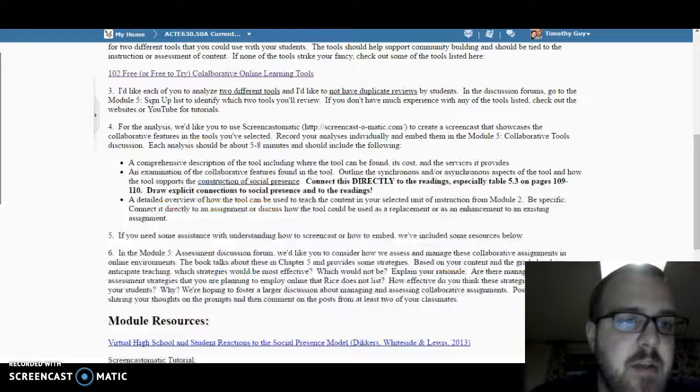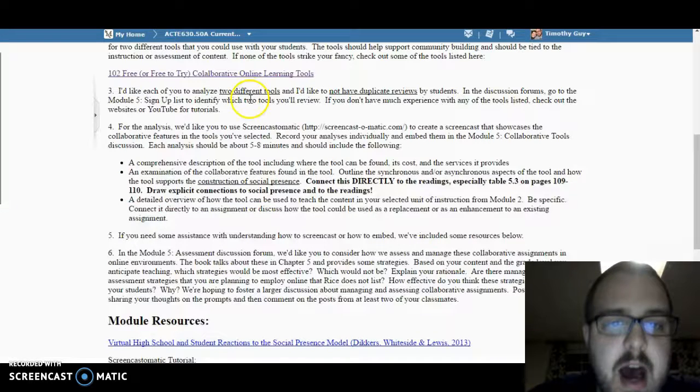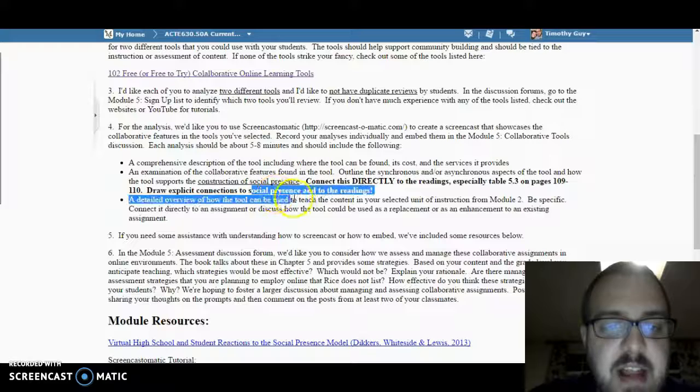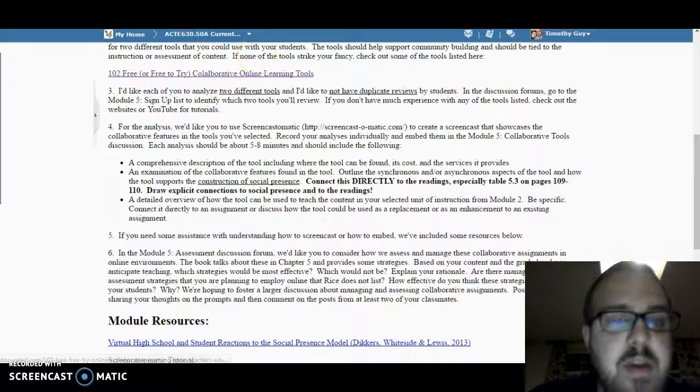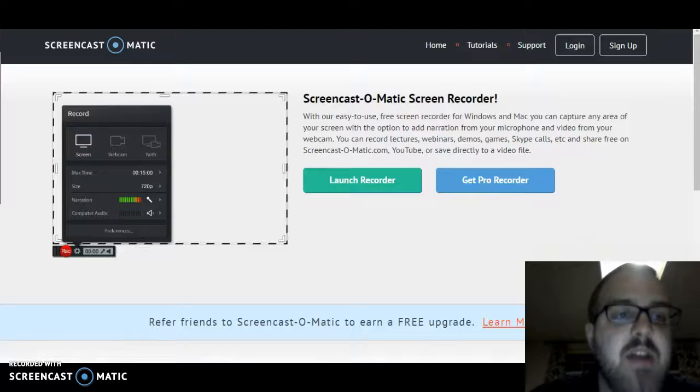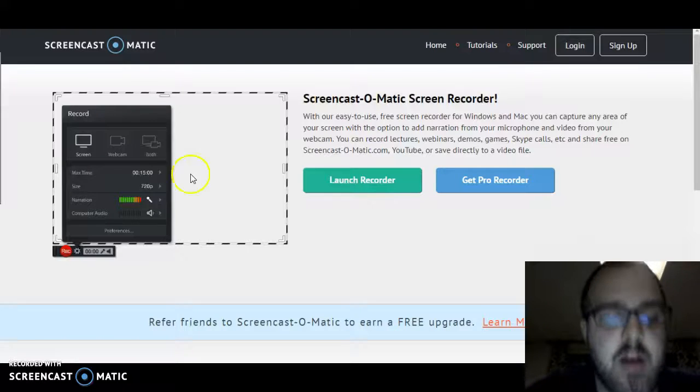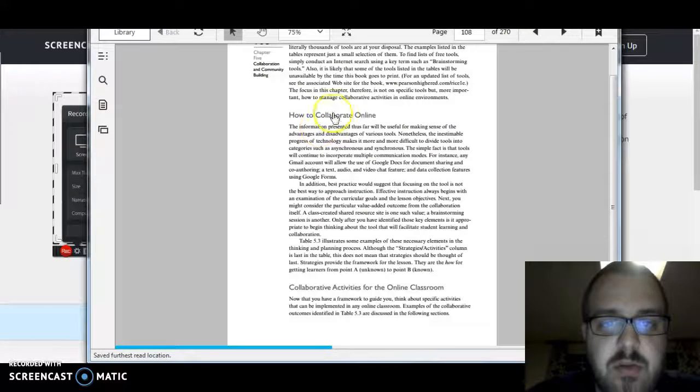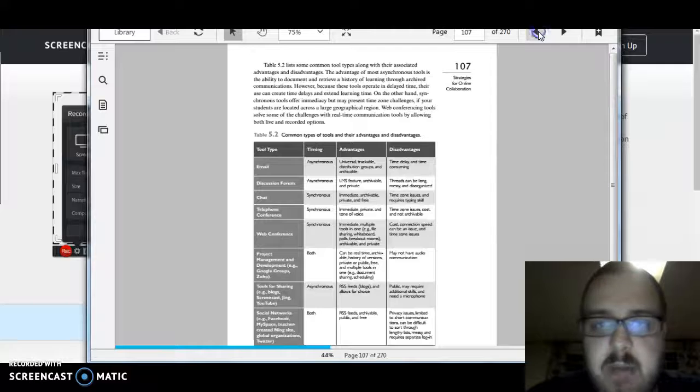and now my brain's not working, and I'm forgetting what it's called, the last thing on here, the social presence idea. So one of the big things about social presence is kind of building that community. If you look here in the book where it talks about social presence, if I kind of go back to that section,